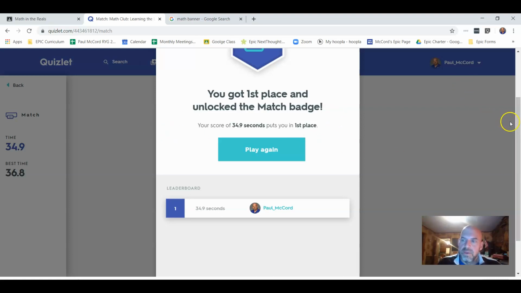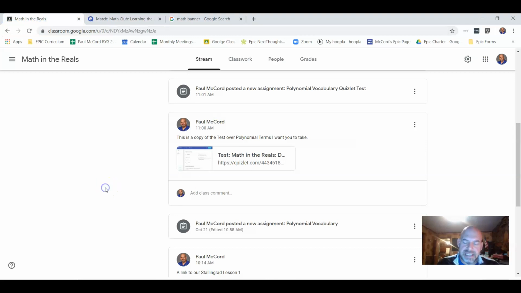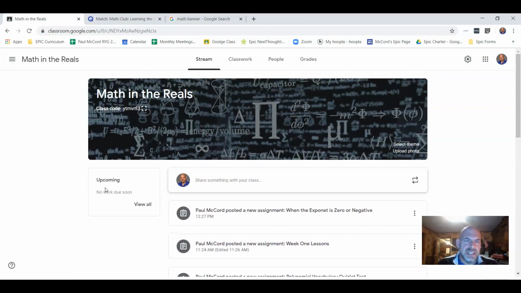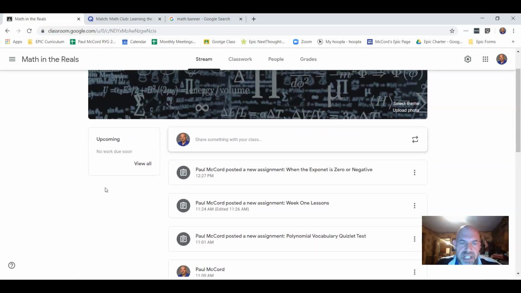Now, we'll go back over this, okay? That's Quizlet. Okay, when we go back and we look at the math class, like I said, that's one of the ways I can push lessons out to you. And like I said, this is all optional, okay? I got other lessons I did this summer in summer bridging I can put on here. You can work through. I can continue running with the Stalingrad. If this works out, I would love nothing more than to put out.